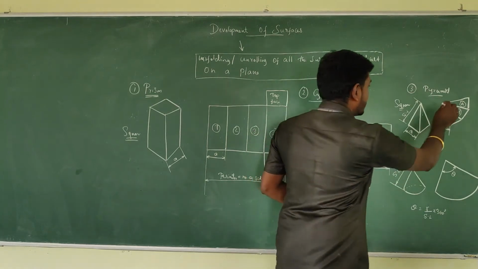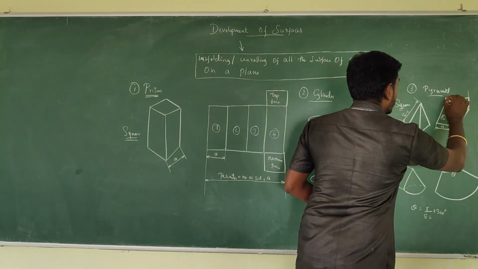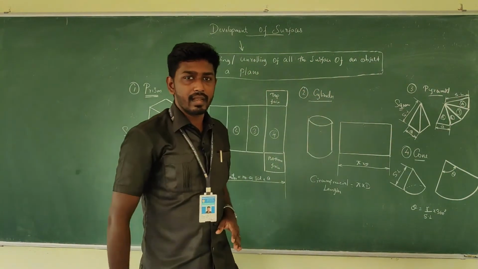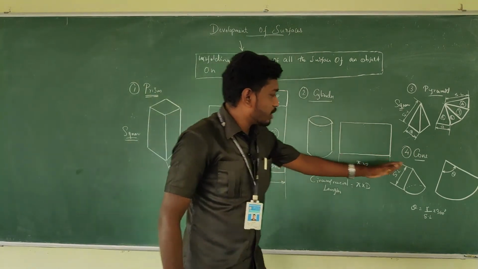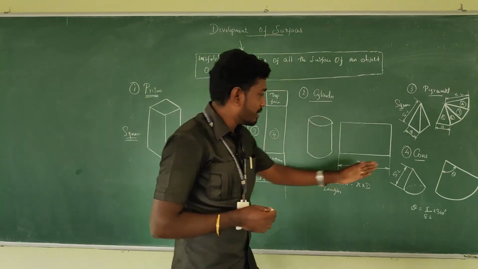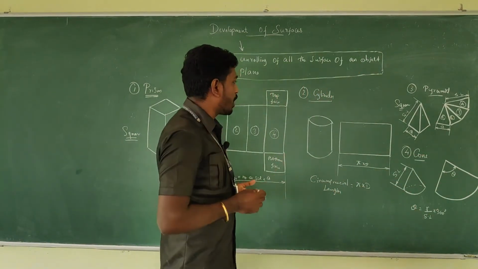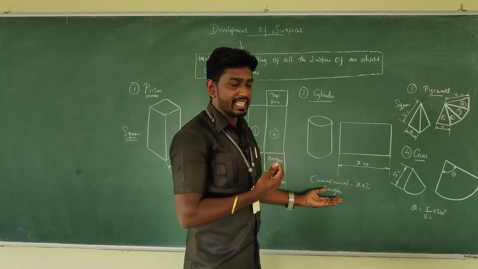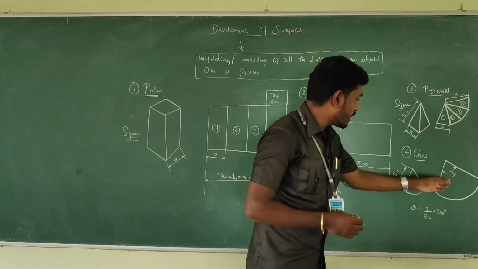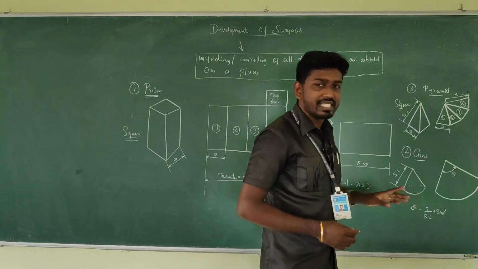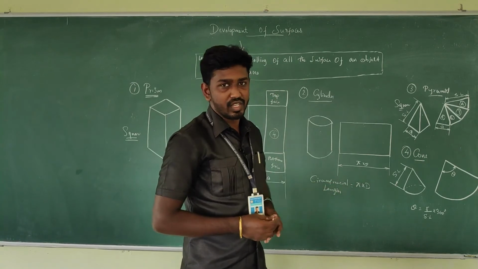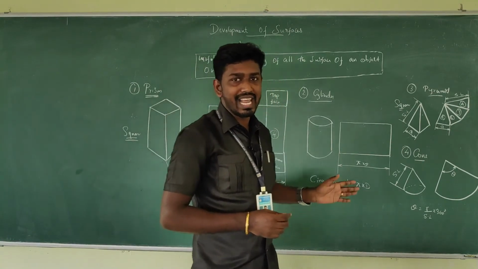Here these H longer edges show the slant length. The difference is that in the cylinder and cone there are no edges, so intermediate there are no edges. When you are solving the problem for the cylinder, we need to take the formula pi into d in order to get the rectangular face. Here in the cone, in order to get the triangular face, we need to calculate the theta value. That is small r divided by SL into 360 degrees. SL in the sense slant length.